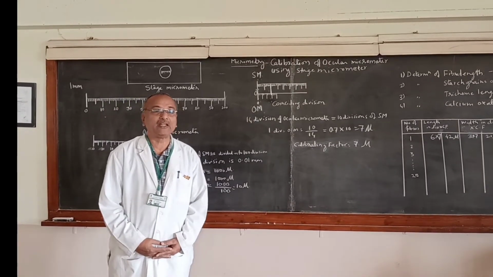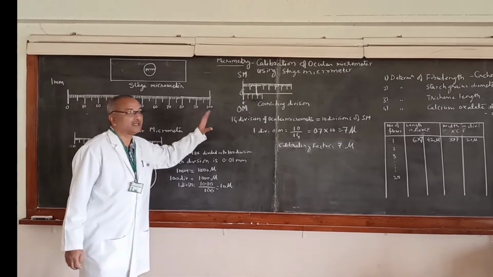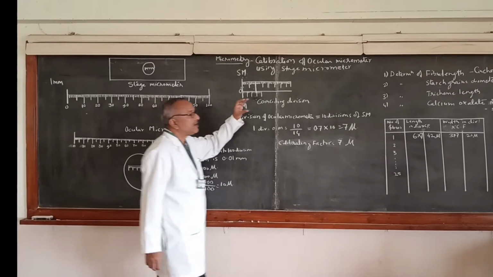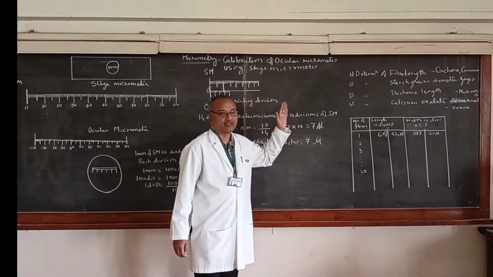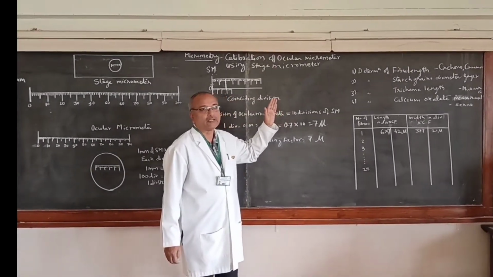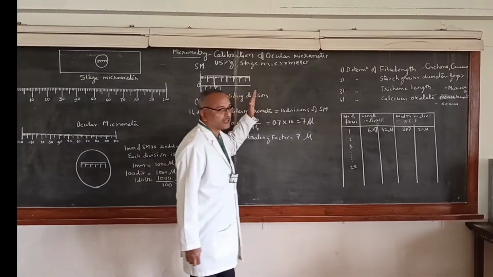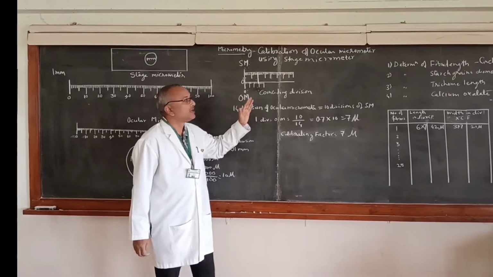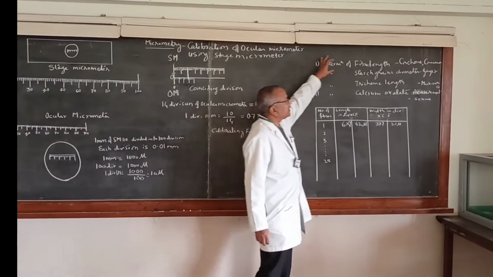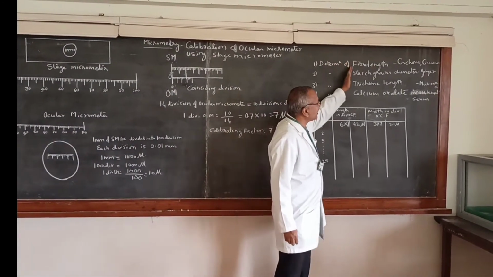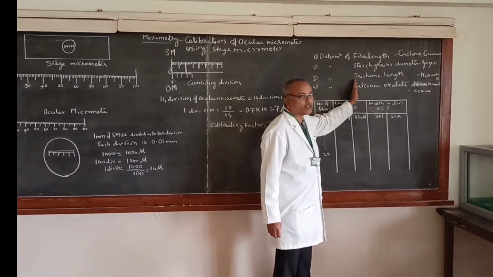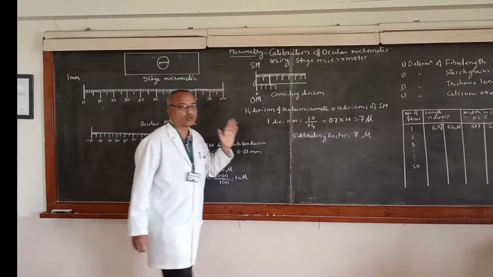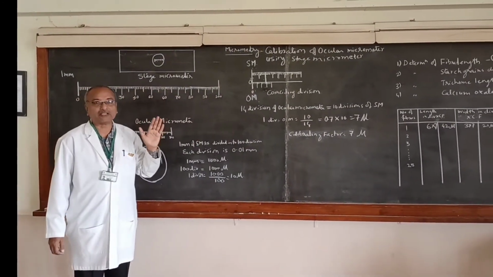Calibration is required mainly for the purpose of measuring micro units, mainly in plant powder drugs. In pharmacognosy we make use of the stage micrometer as well as the ocular micrometer. That is the calibration process, and we measure fiber, starch grain diameter, trichome length, and calcium oxalate crystals using the ocular micrometer itself. So why is the calibration required?